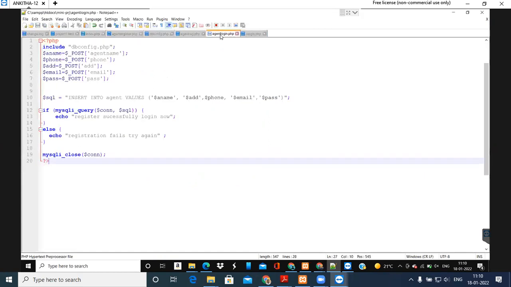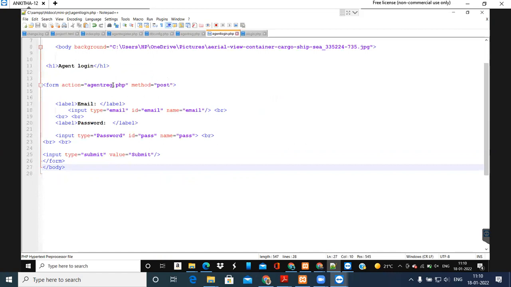Okay, so here in agent login, now for this one, which page did we create? A login we created. So that page you have to specify. You change this address. Okay, if you do not change this address, it will again go back to agent registration, not login.